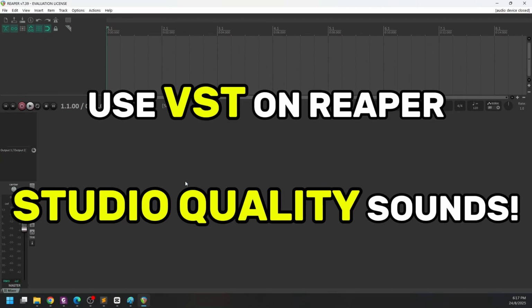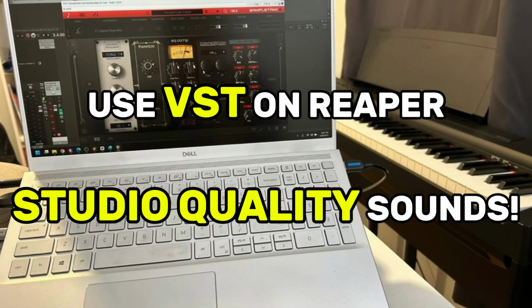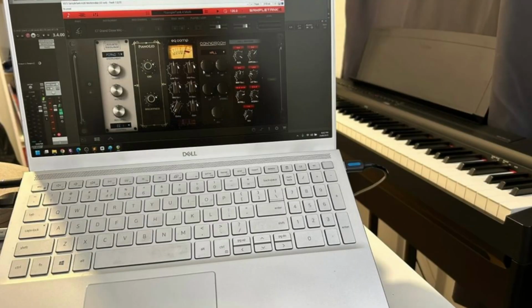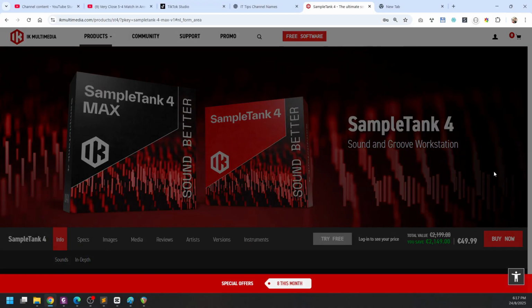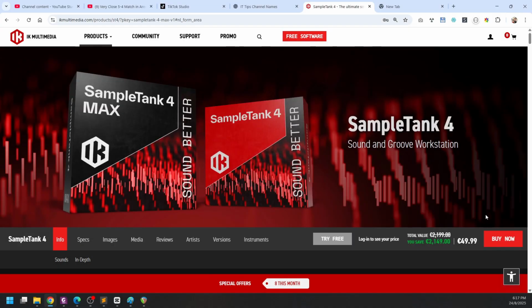Hey guys, today I'm going to show you how to load a VST instrument in Reaper. So essentially, if you want to replace your keyboard or piano sound with something better, you can use a VST instrument. In my case, I'm using the SampleTank 4 Max from IK Multimedia,